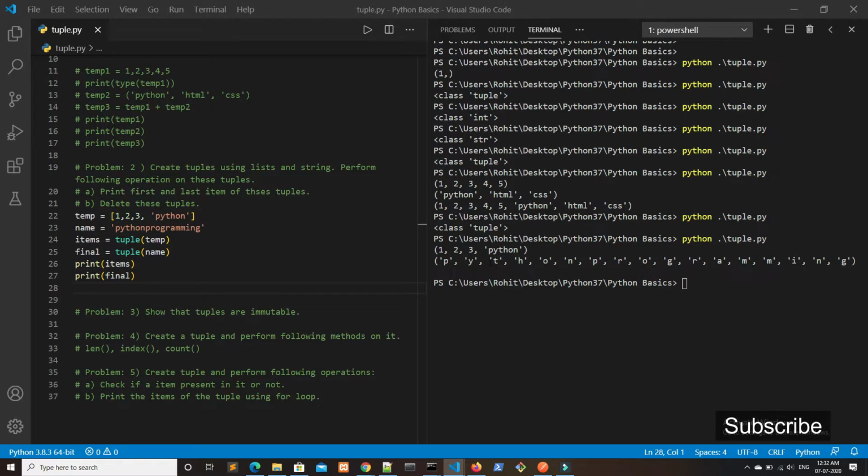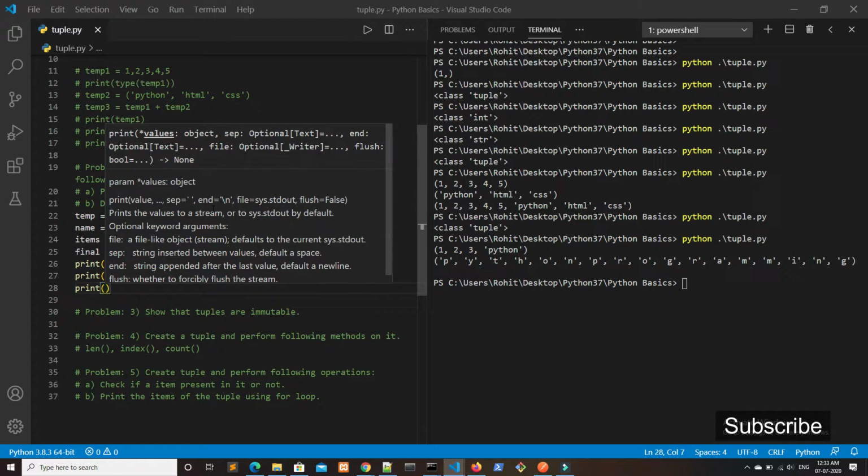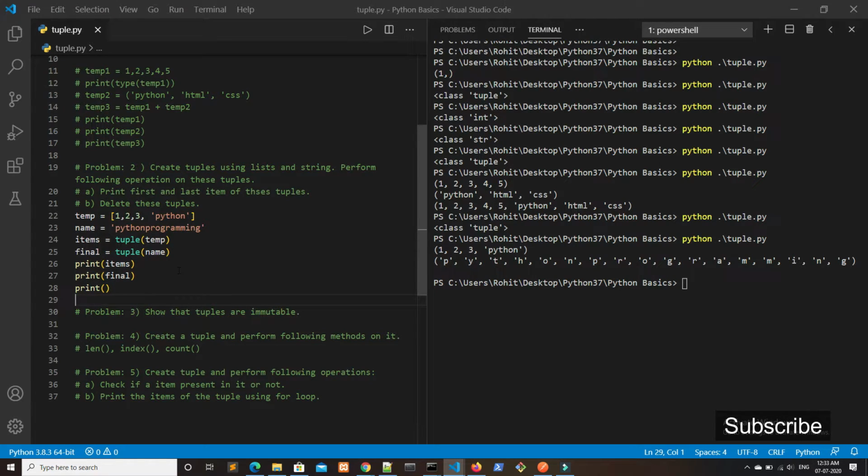So we have to print the first value. We want the first value of both items and final, so we write items, and for the first value I write 0.